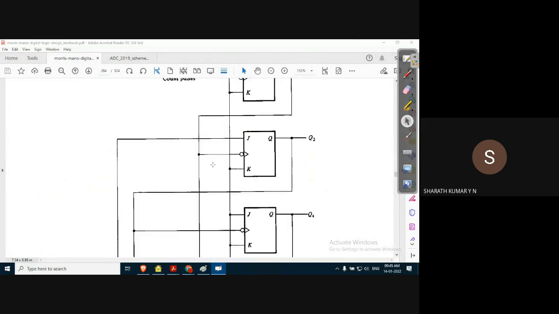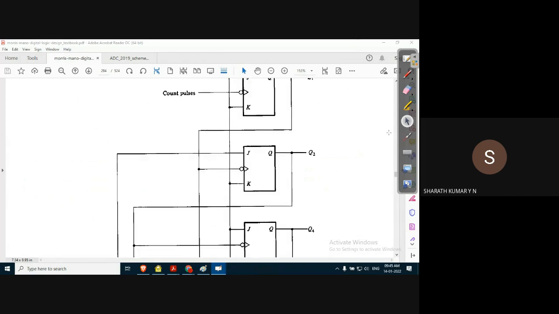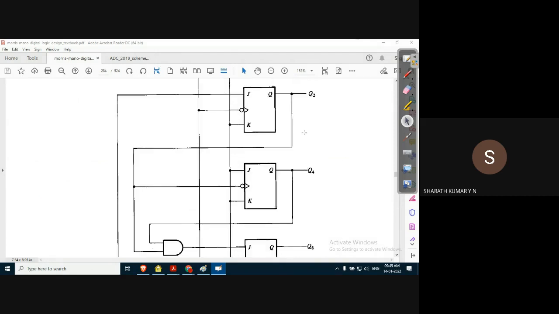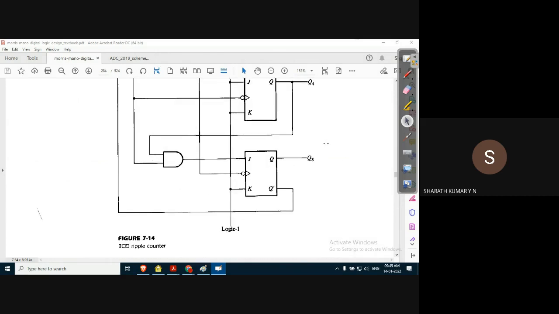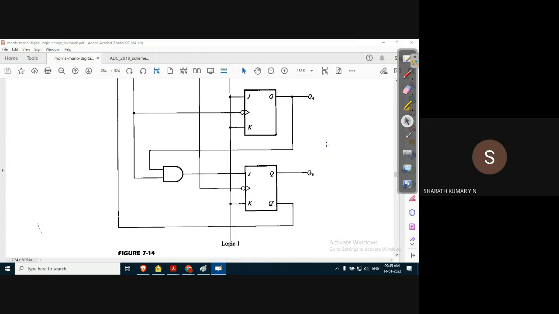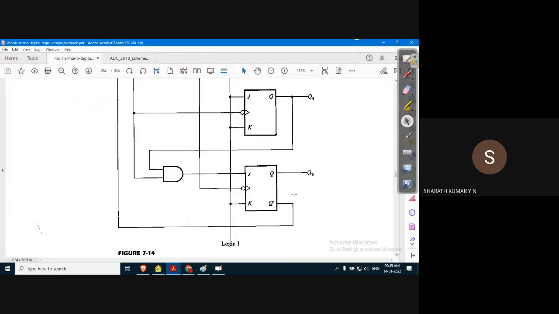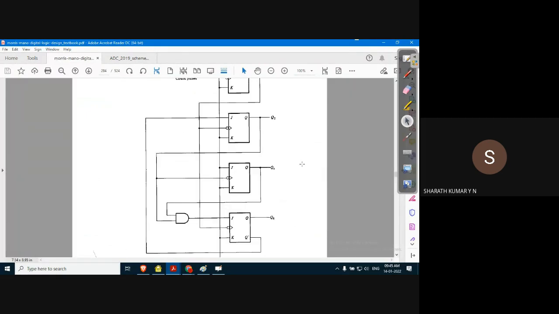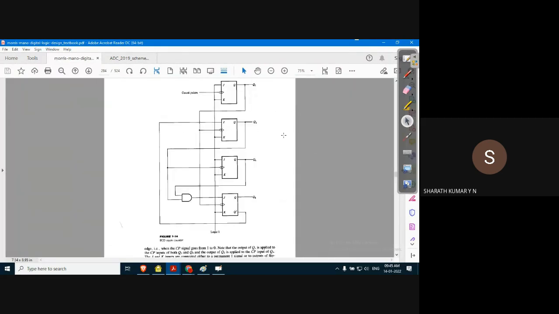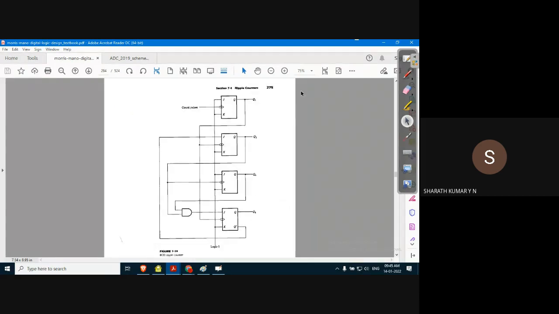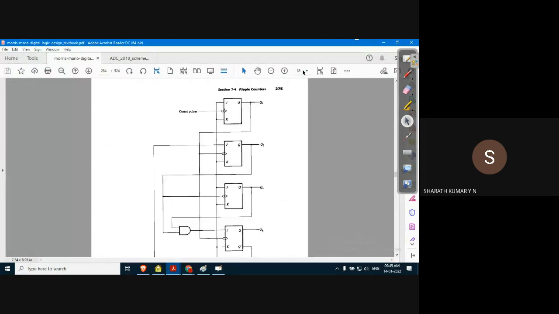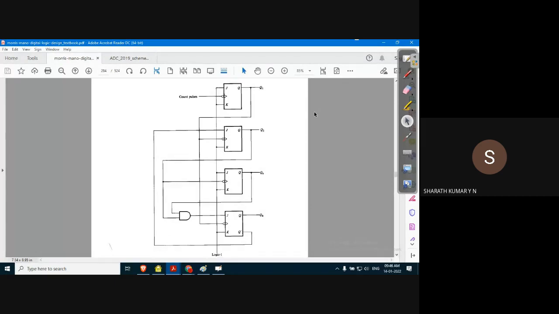Okay, how to construct a BCD ripple counter? Let us understand that. There is a circuit diagram here. Definitely it is bigger than what we can fit into the page. Okay, this is the ripple counter.